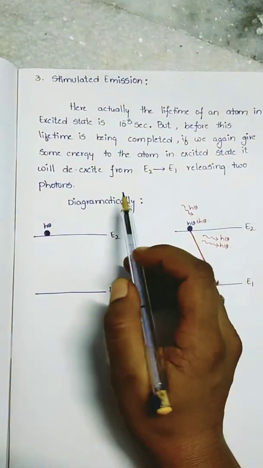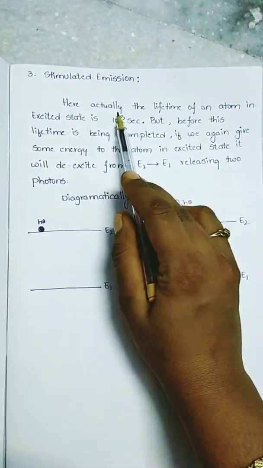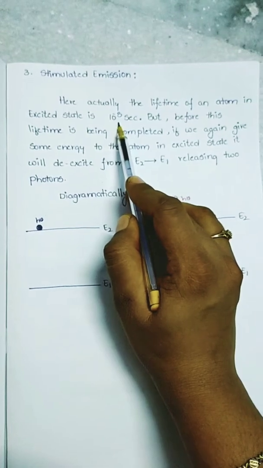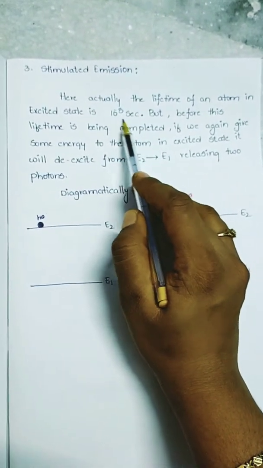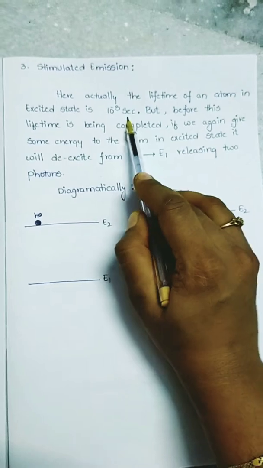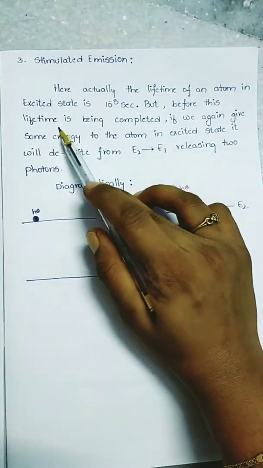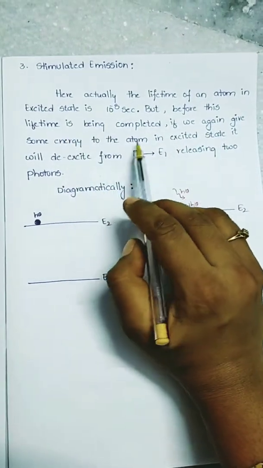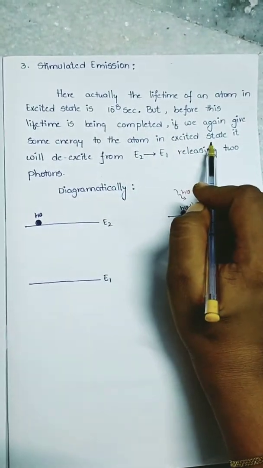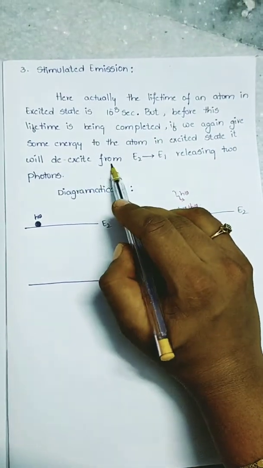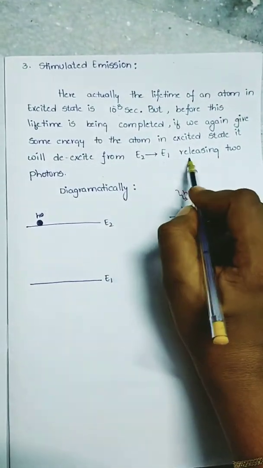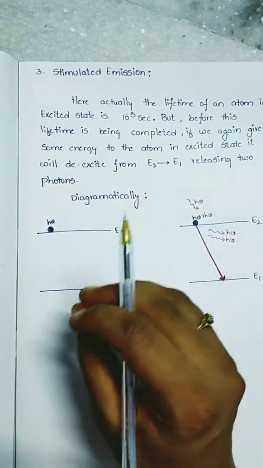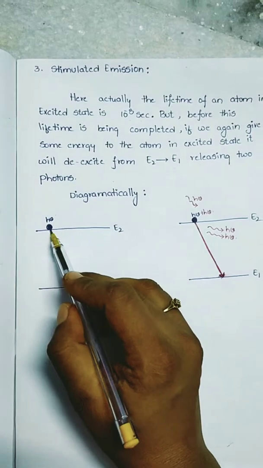Coming to stimulated emission, the lifetime of an atom in excited state is 10 to the power of minus 8 seconds, that we have discussed in spontaneous emission. But before this lifetime is completed, if we again give some energy to the atom in excited state, it will de-excite from E2 to E1, releasing two photons. That means we already have an atom in E2 state